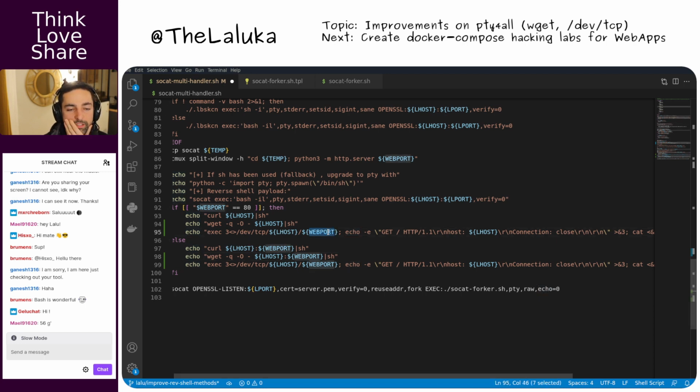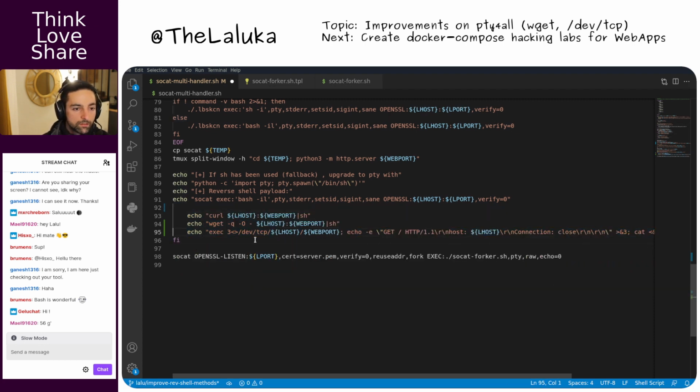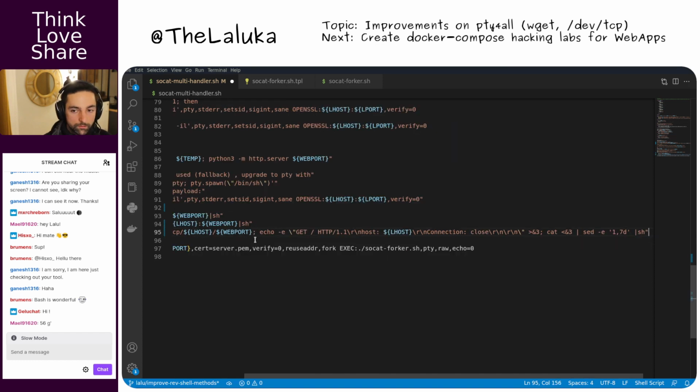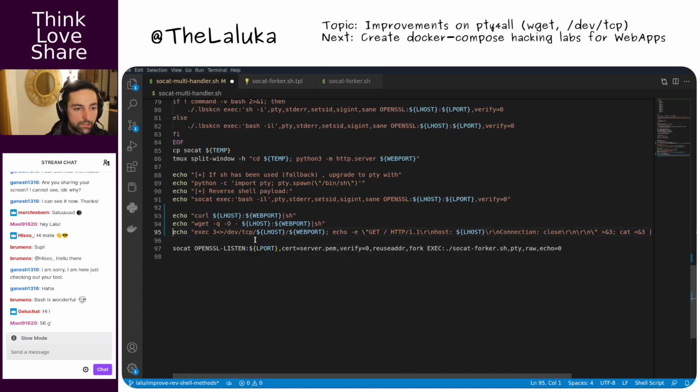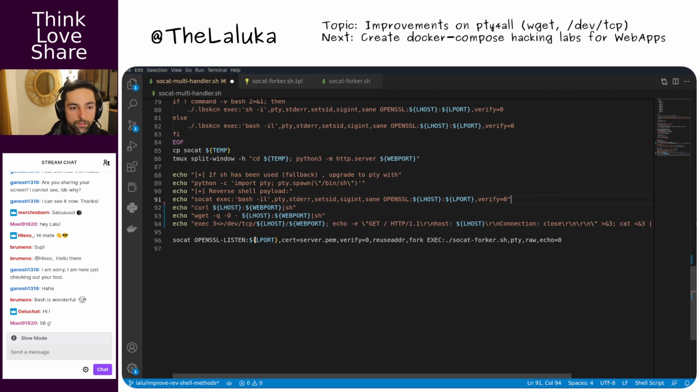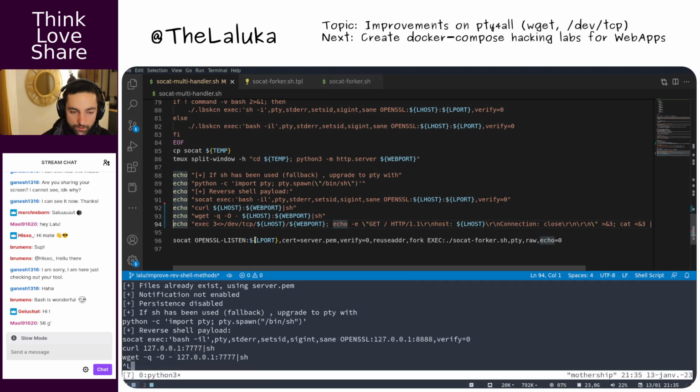Oh yes, it's just here that the web port should be 80. Why didn't I do that? Should work as well. I might try to simplify this line here. It's a bit less optimized, but it should do the trick.